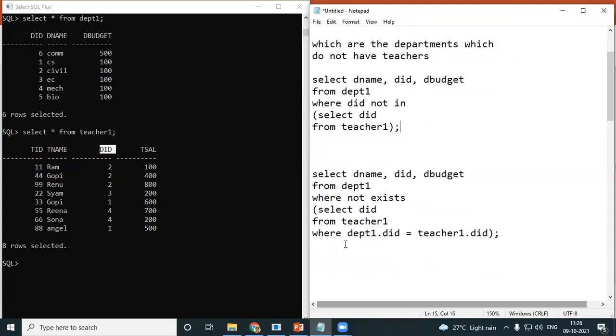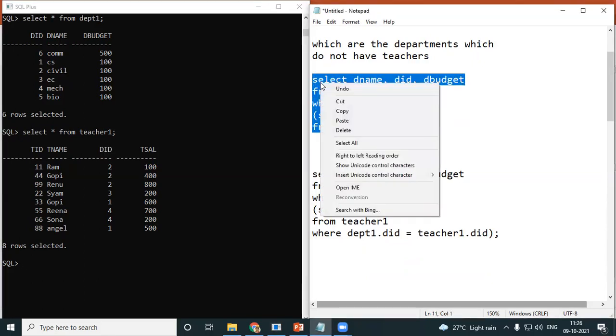When you were doing not exist, you had to give this comparison in your inner query, and you did not have the common field in your outer query. When you do not in or in, you will not write the comparison inside. Instead, you will write the common field outside. So let's see how it works.